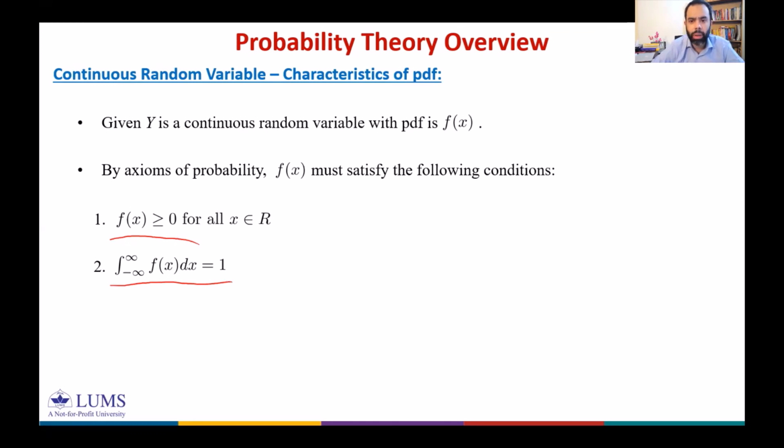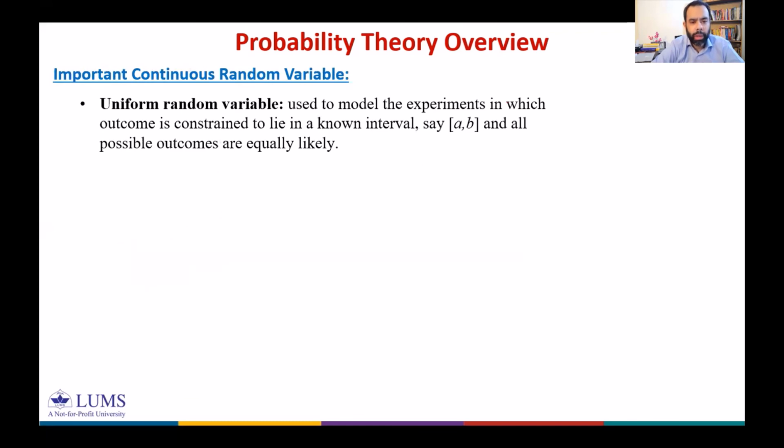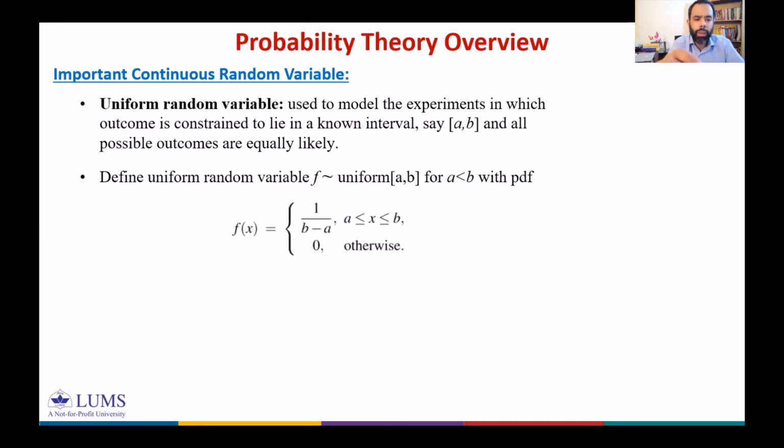Okay, some important continuous random variables. Uniform random variable, which we use to model experiments in which the outcome is constrained to lie in a known interval, say AB, and all possible outcomes are equally likely. So we say we have a uniform random variable that follows a density uniform AB. It simply means a random variable can take any value between A and B, and each value is equally likely. And this PDF is given by